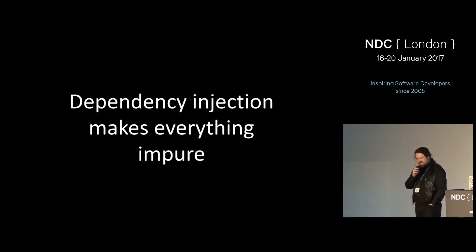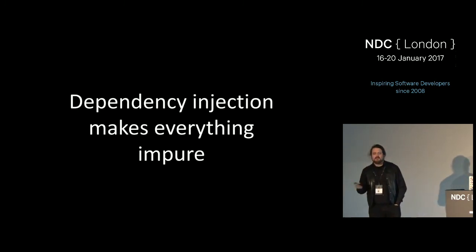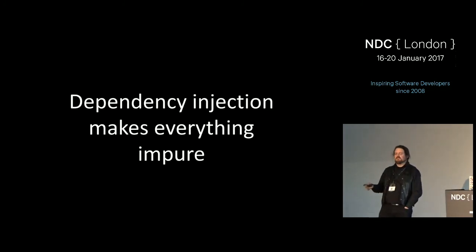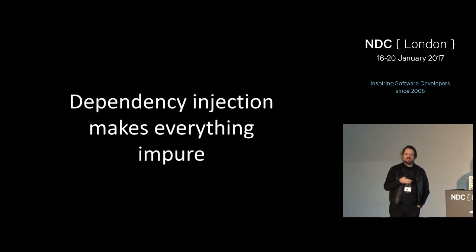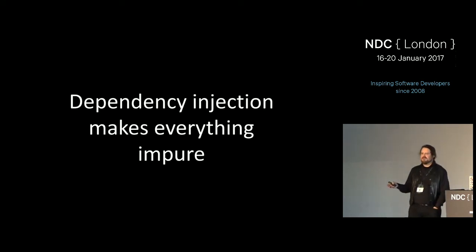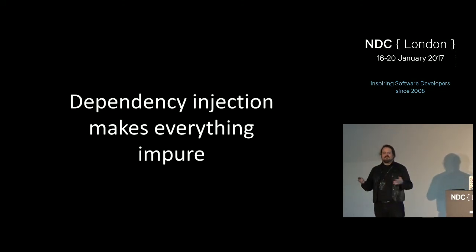That's exactly the point I was coming on to, is we have this word in here, impure, and we also have dependency injection. I think there is now a reasonable degree of consensus in our industry about what dependency injection is. But purity is one of those words, like better or faster or more efficient, which you need to understand. All the people who are trying to evaluate the truth of this statement need to agree on what pure and impure means in the context of developing software systems. Because until you actually understand what it is you're trying to test, what are you hoping to learn